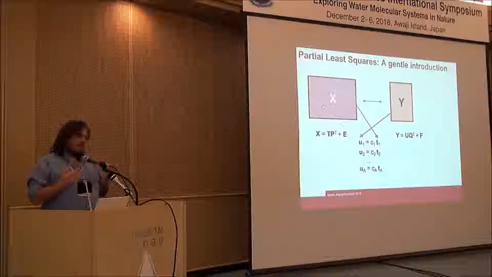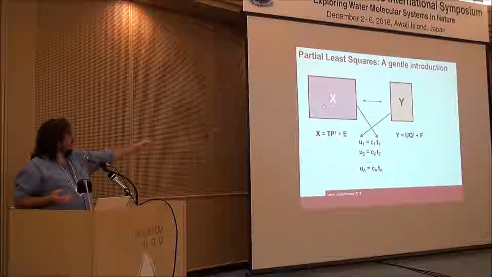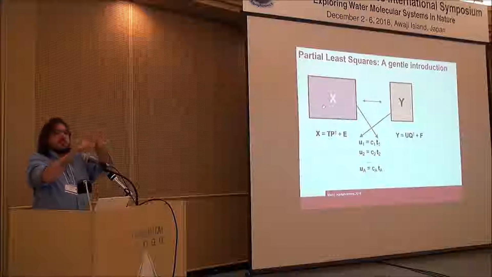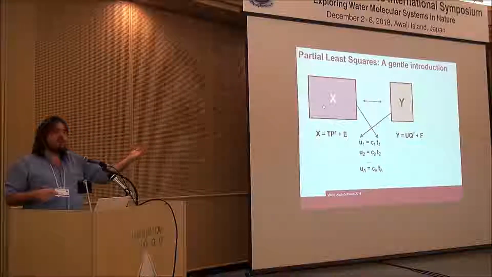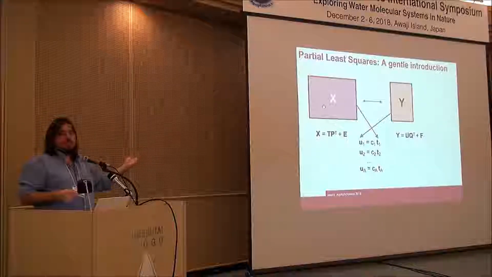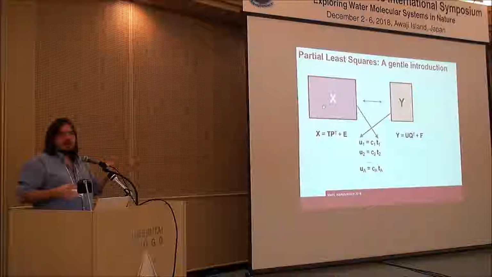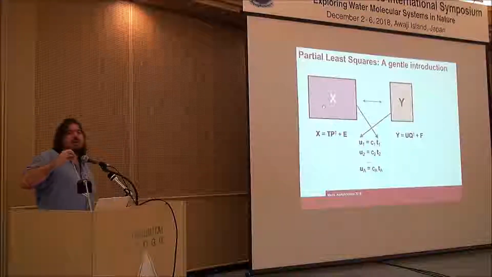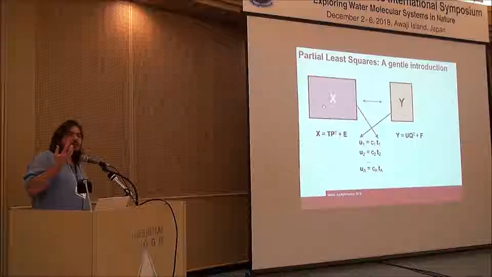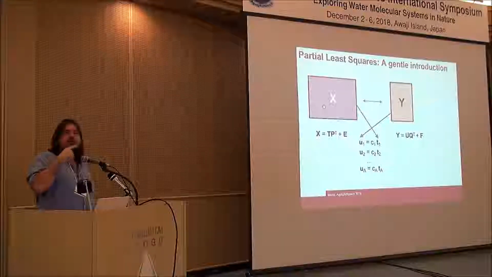That, put in mathematical terms, I will make a linear regression score by score. So I will try to make the score in the Y block linearly dependent on the scores in the X block. And this is what is called the inner relation. And sometimes this part of the PLS algorithm is forgotten,